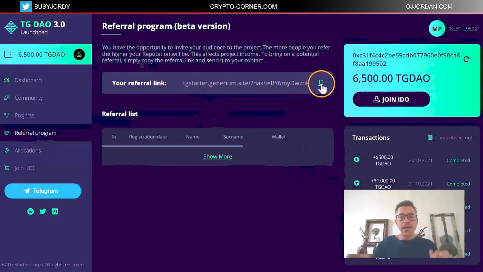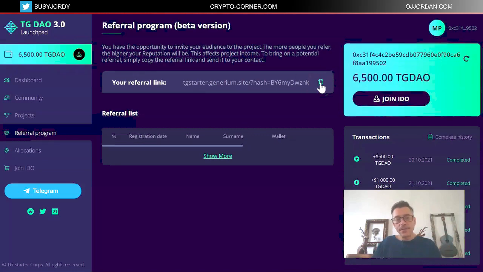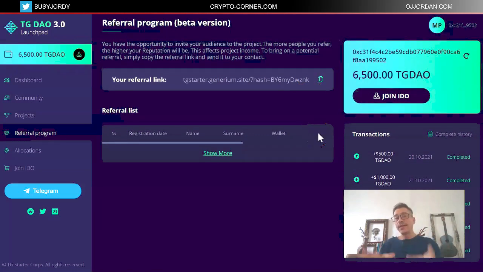So coming here, you have a link. You will pick up this link, you can share it with other people and get extra points. Earning more points basically increases your reputation. You need that because it gives you more rights within the system and even higher allocations if you have more points. So this is a point system. As they say, this affects the project's income. So that means that you will actually be making a higher income if you are higher up in the rankings in this system. So this is why you want to actually share this with friends and like-minded people.